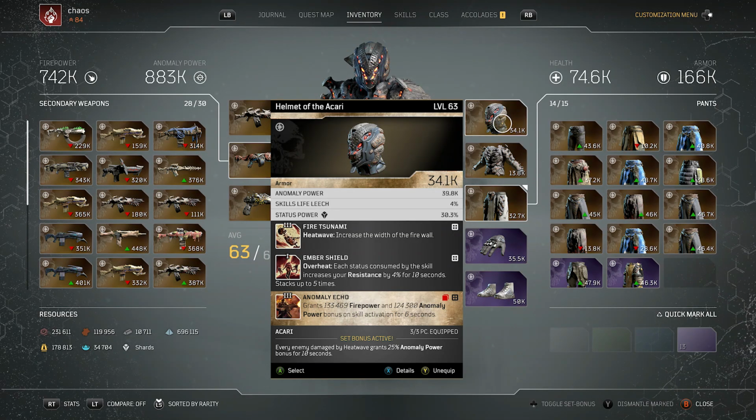I think it might be 3 if my memory serves me right, but it definitely does stop stacking. So you couldn't just keep using it in order to get your anomaly power all the way up, because after a certain threshold it does stop. However, it is still a really nice buff. And if you're using this setup correctly, you'll be able to hit everything and destroy bosses and destroy ads very